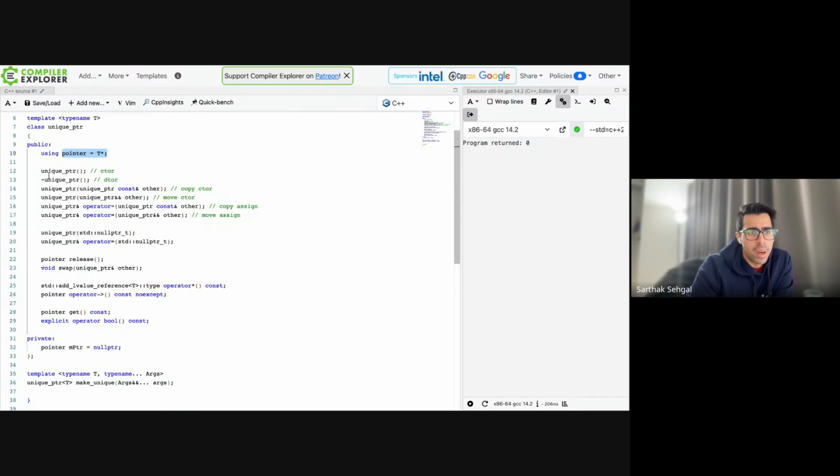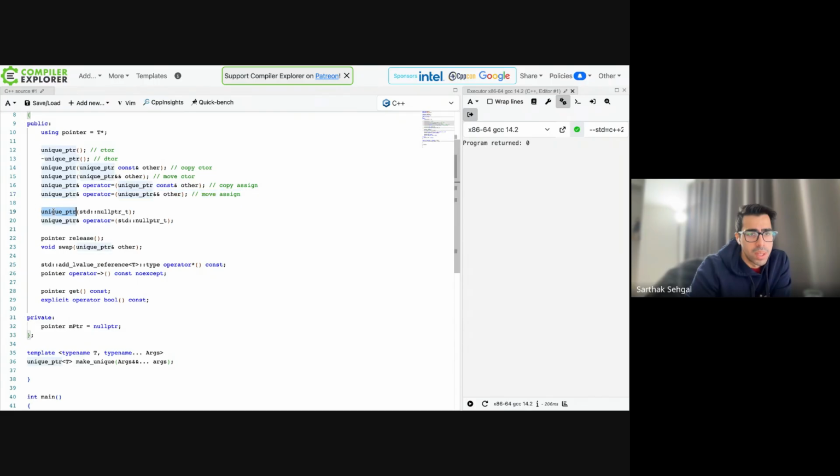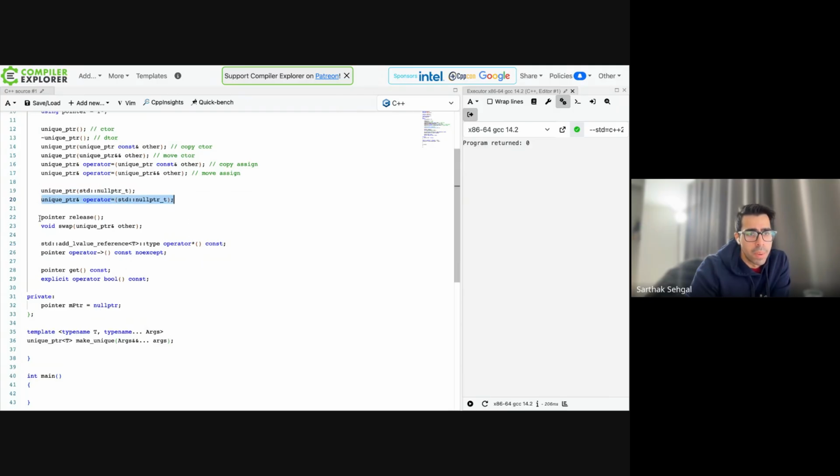Now we've got a constructor, a destructor, a copy constructor, a move constructor, a copy assignment operator, a move assignment operator, and then this is some specialization for the constructor, where overloaded constructor specialization is technically not the right term. But this is a constructor when we're constructing using a null pointer, and an assignment operator using a null pointer. And then we've got a bunch of member functions here: release, swap,